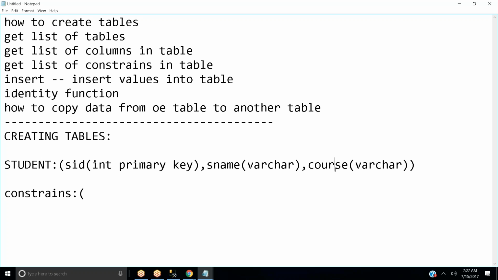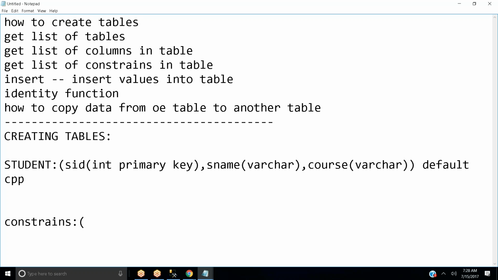And apart from this, for the course column, I just want to give a default subject as CPP. And these are my restrictions while creating my table.